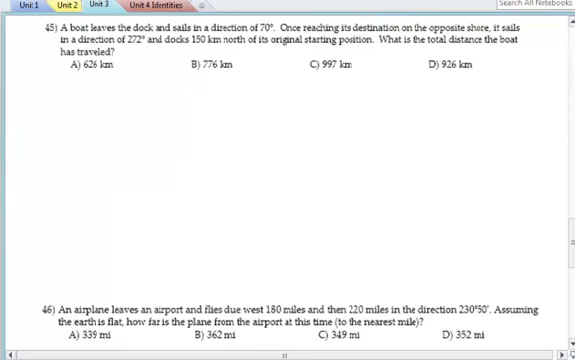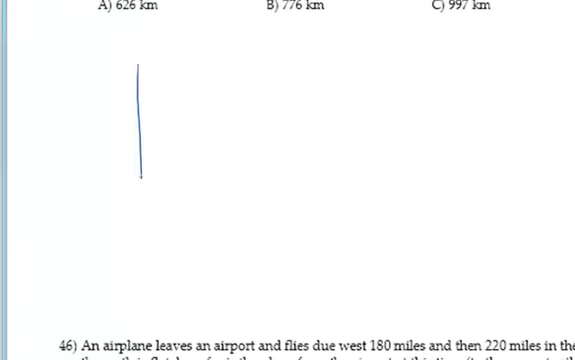Okay, here we are. We're talking about a boat that leaves the dock and sails in a direction of 70 degrees. Once reaching the opposite shore, it sails in a direction of 272 degrees, and it docks 150 kilometers north of its original starting position. So let's try to draw a picture and understand what this all means. We have a boat that is going to start from this position, and it's going to sail at 70 degrees. Now 70 degrees is a heading. If this is 0, 70 degrees will be towards east,